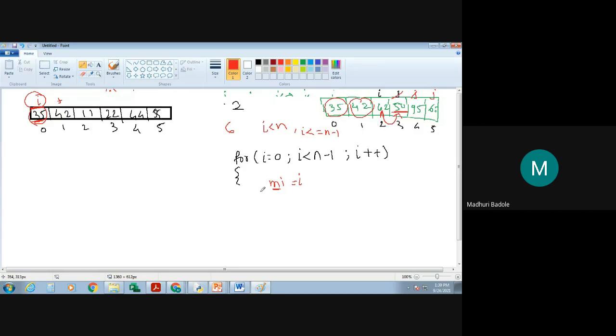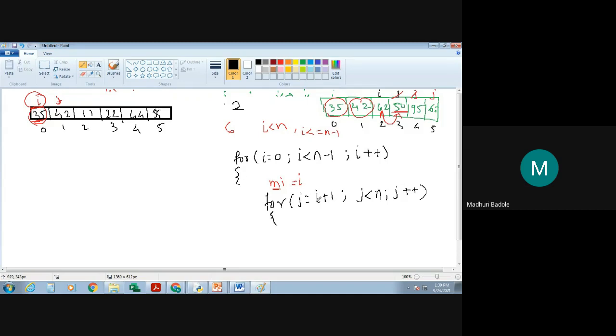Getting it? So that's why we proceed with the comparison, and for the comparison of the elements, we apply the jth loop. So here I am applying the jth loop, that is for j equals, how much will it be? It should be i plus 1. j should be less than n, and over here j plus plus.